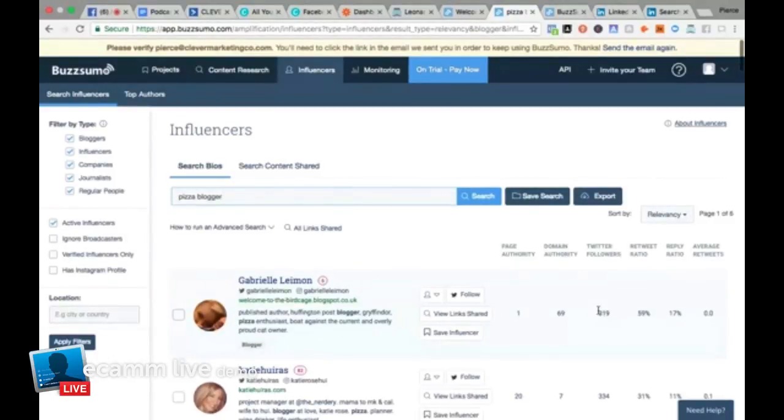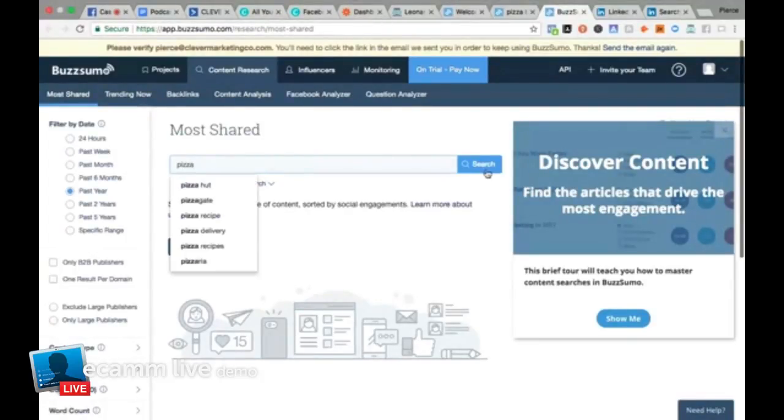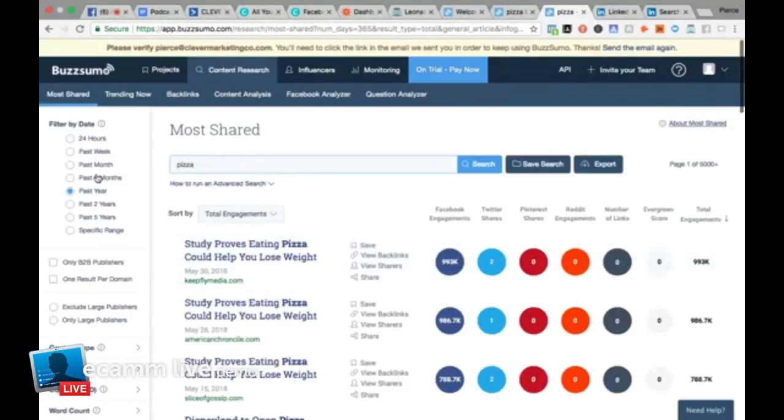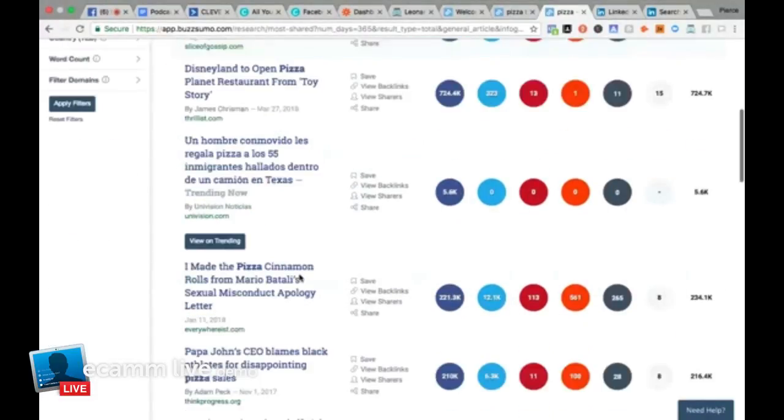And you're going to start getting traffic to your guys' website and to your business, and it's going to start growing, right? So BuzzSumo is a great way to find influencers, but check it out. It's also a great way to figure out what kind of posts are going viral right now. So if I typed in the exact same word, pizza, right? Check this out. This is going to show me in the past year, and we could filter by date, what kind of audience and what kind of